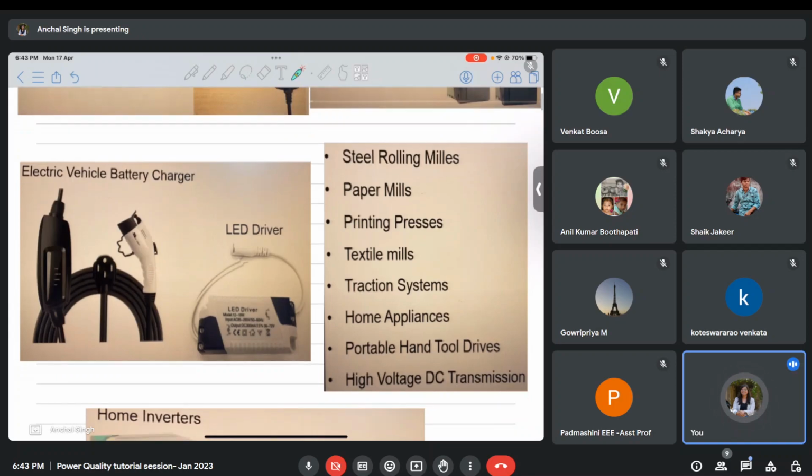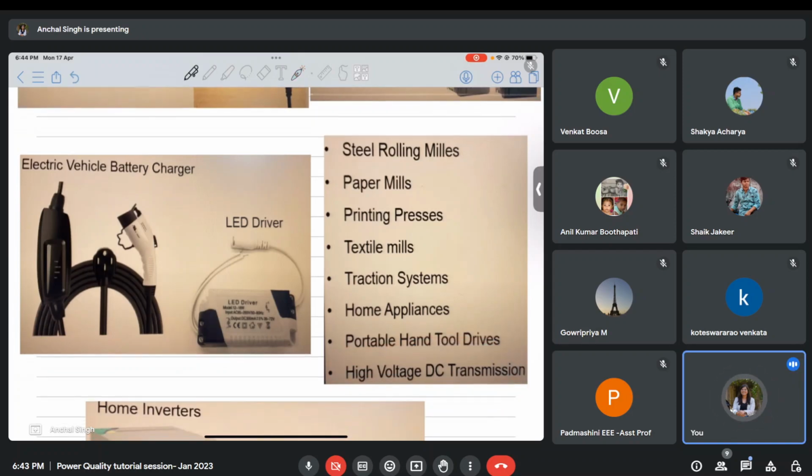Then there is high voltage DC transmission. While doing high voltage DC transmission, you have AC at the generating station, right? Because generators generate AC electricity. Now, my loads in general are also AC in nature. So why do I prefer DC transmission? If you talk about AC, you have to put a lot of transformers. Then there is inductance and capacitance in AC, so you have to put some compensating STATCOM in between. Then it's a very bulky system.